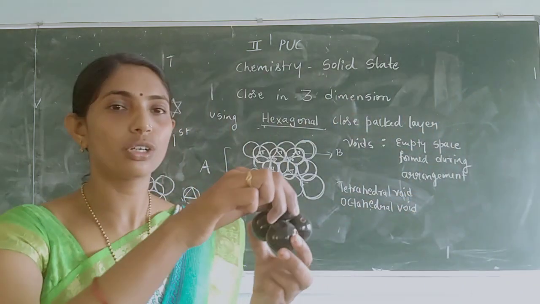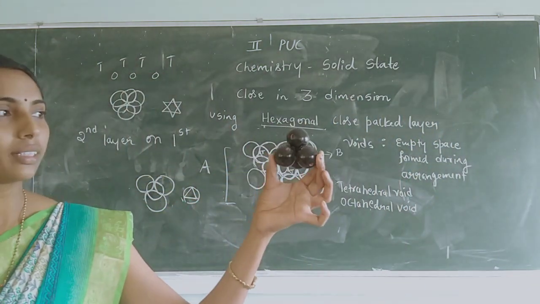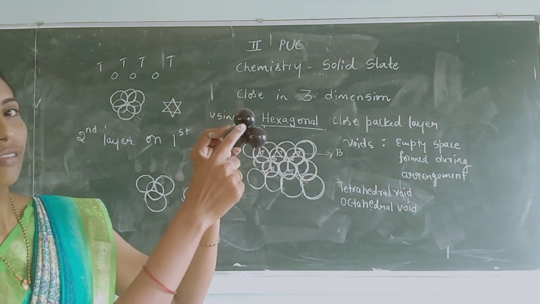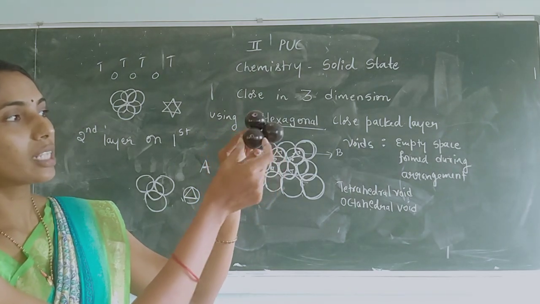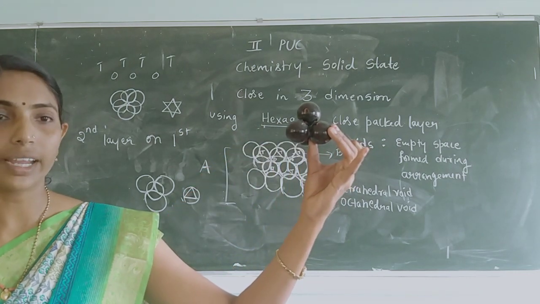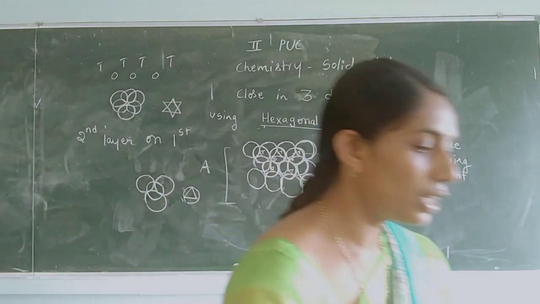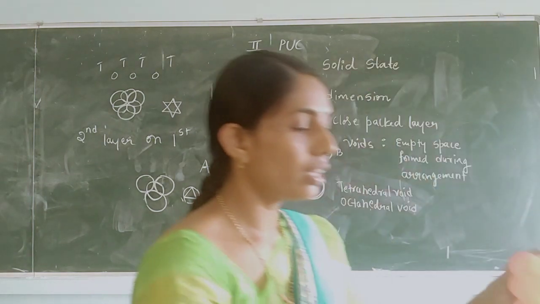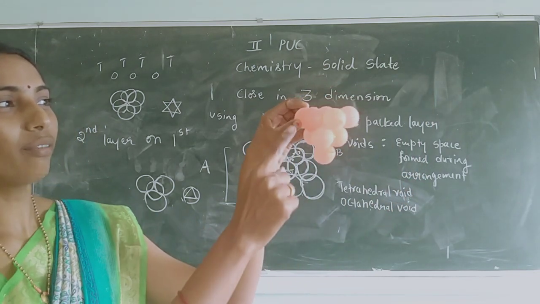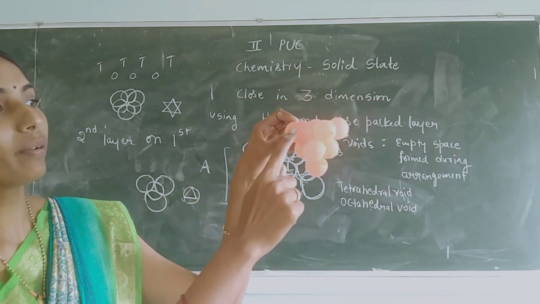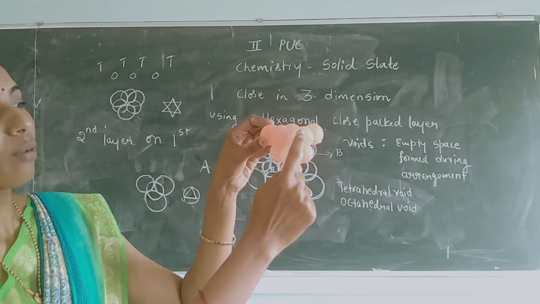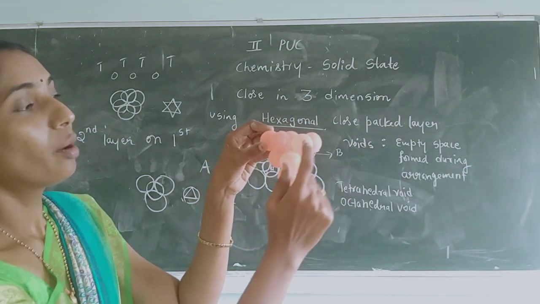See, this is the regular tetrahedral. Tetrahedral in the sense when the triangular void of the first layer is covered by the spheres of the second layer, the void generated is called as what? Tetrahedral void. So during the arrangement, look here at the first layer. When you place the second layer, you have to place it in between the depressions. So when the second layer is placed in the depressions, tetrahedral voids form in one layer, and in the middle